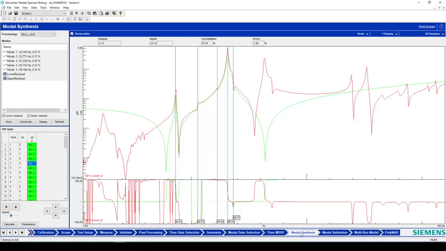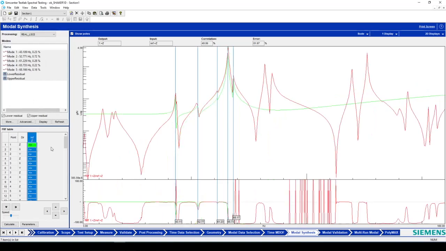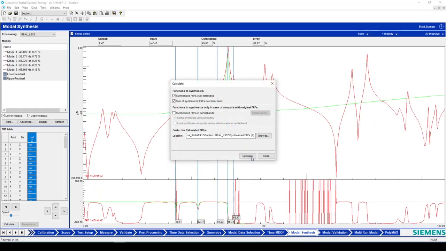In this worksheet, you can synthesize the FRF set starting from the selected modes. Here in our processing we have real LSCF, the last process that we have done. Here in modes, our 5 modes. So if you select all the FRF set and click on calculate here,